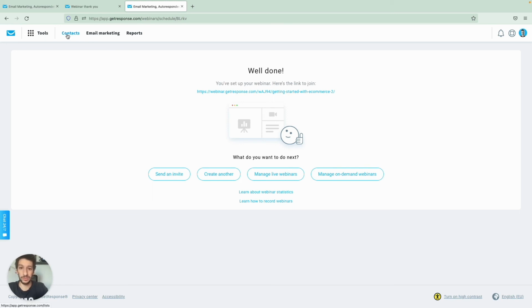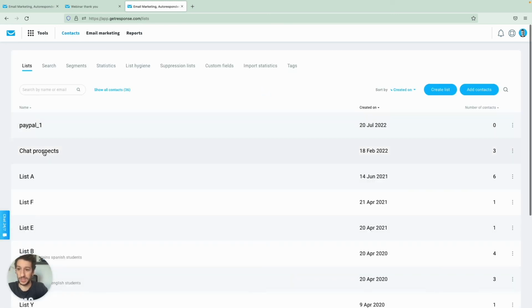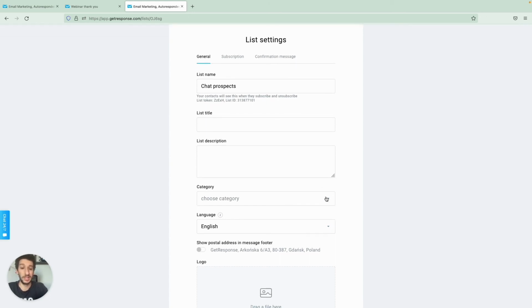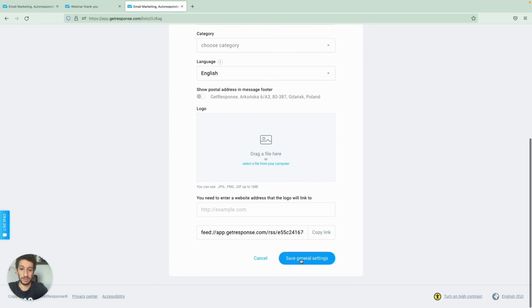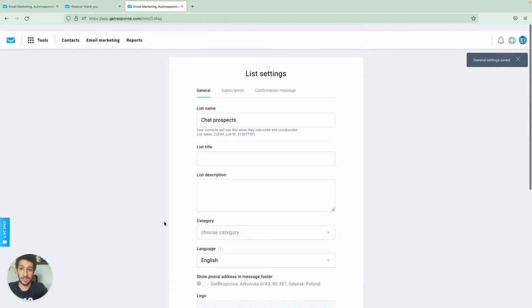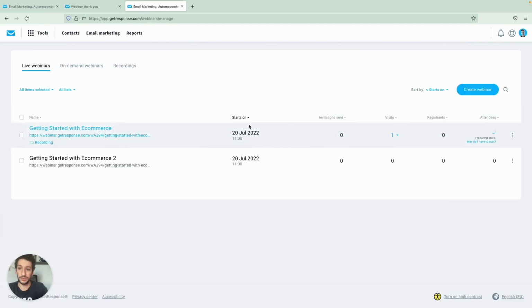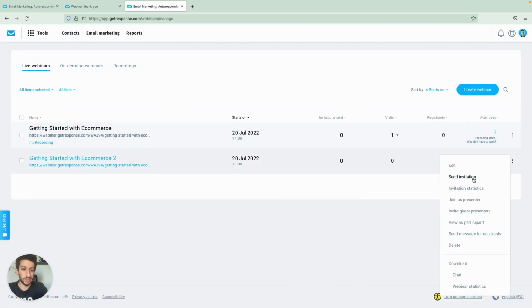So the first thing to do is to go to the list. It was chat prospects, go to the settings and check the language here. Make sure it is the language that you want the reminders to be sent. And if it was not, and you change the language here, simply go to the bottom, save general settings. And the trick with webinars is that you will have to change the list right here.